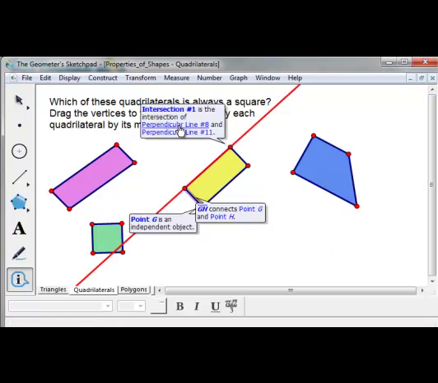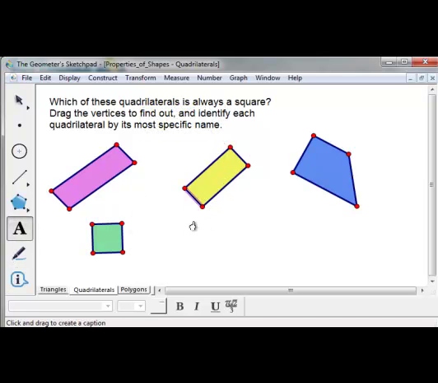This is the intersection of this perpendicular line and this one. If we have the intersection of two perpendicular lines, then we can be assured that this is a right angle, and we know that these two lines are parallel because they're both perpendicular to this one, and we also know that these two lines are parallel. So using the definition that we had from day one, we have two sets of opposite sides that are parallel. So therefore, we can